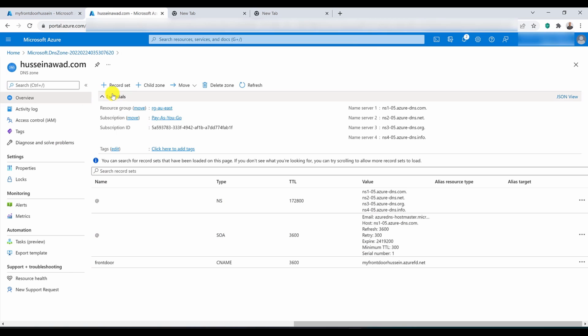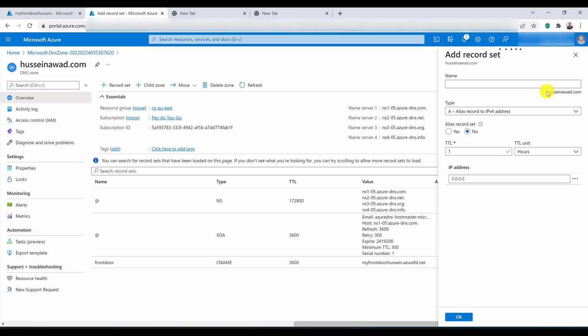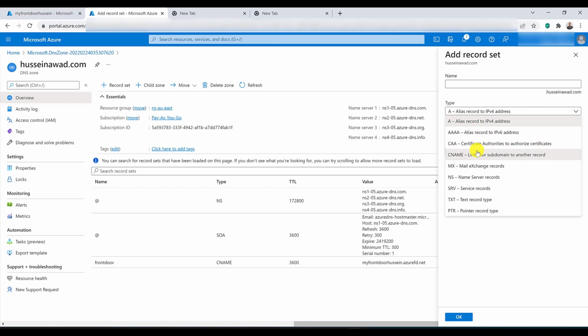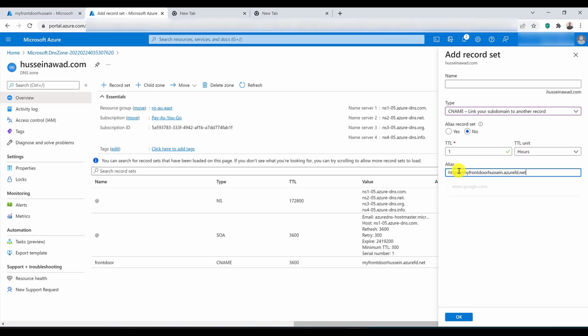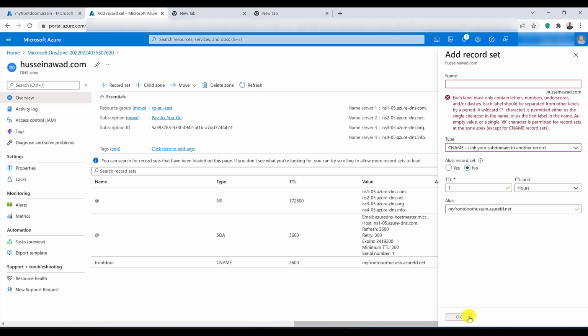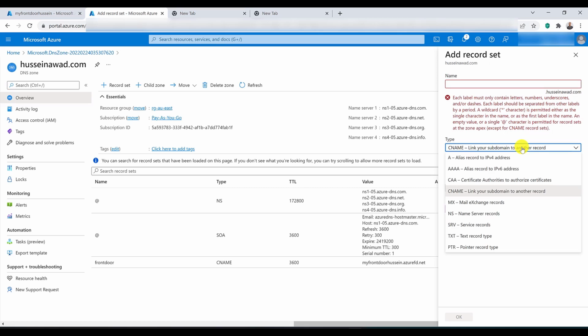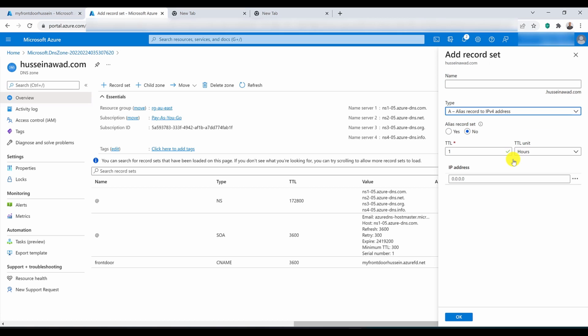So let's go ahead and see what this means. If I try to create a CNAME record for the Apex domain name, it won't work. It will ask me to provide some prefix for the custom domain name. As you can see here, it's not allowed by DNS protocol to create a CNAME record for the Apex domain name. But what we can do in this case is to create an alias record. And in this case, it will allow me to create a custom domain name for the Apex